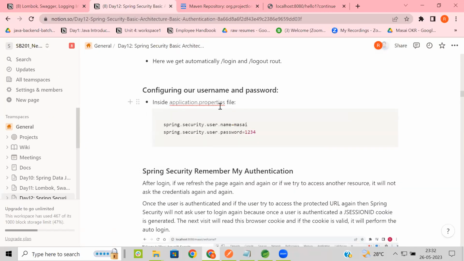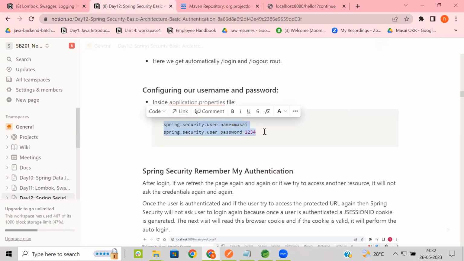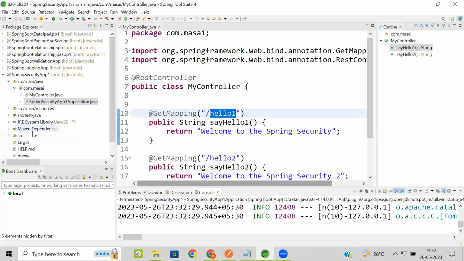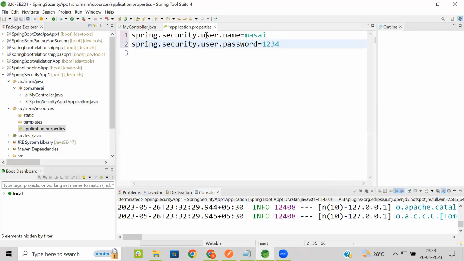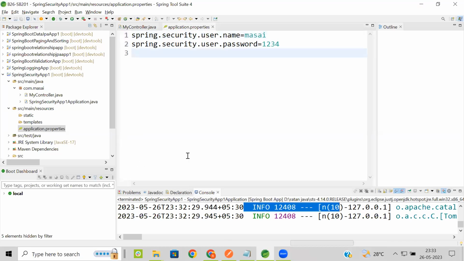In application.properties, you need to add these two configuration details. So go to your application.properties and paste this. spring.security.user.name is Masai, and spring.security.user.password is your wish, whatever username and password you want to use. जैसे ही आपने ये कॉन्फ़िगरेशन कर दिया, अब क्या होगा? You are not going to get the auto generated password on the console. So if I run my application once again,